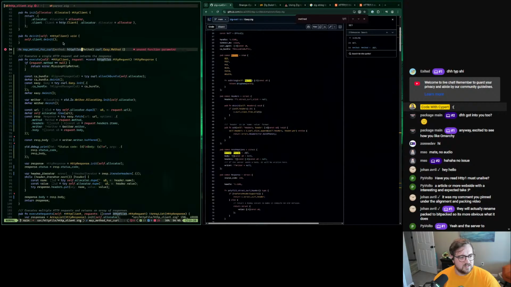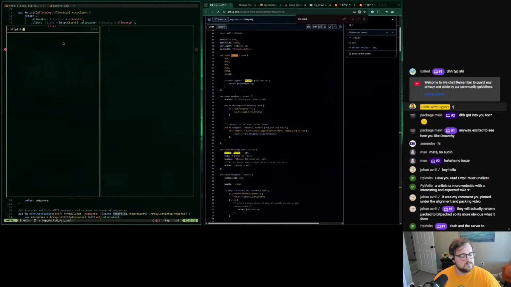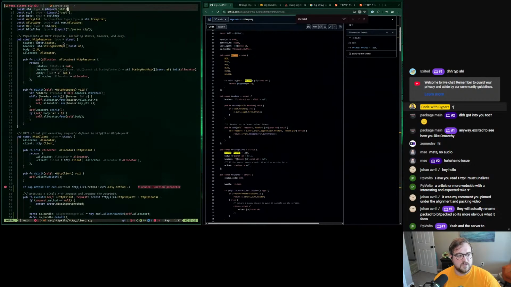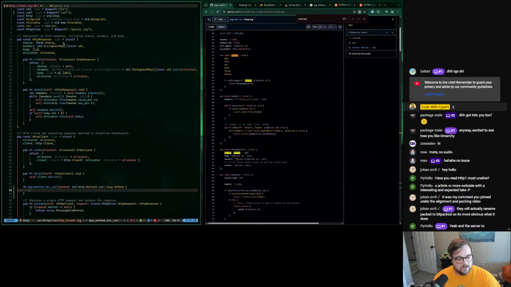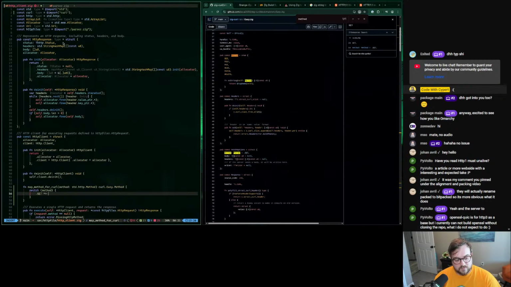Is method not HTTP files? Method's right up here, isn't it? Oh, it's not an HTTP files method. I just mentioned this. It's standard HTTP method. Forgot about that. Okay, cool. So let's hop back over here. Oh, man. And then we can just switch this, right? So we can switch method. If it's a .get, then we just want to return